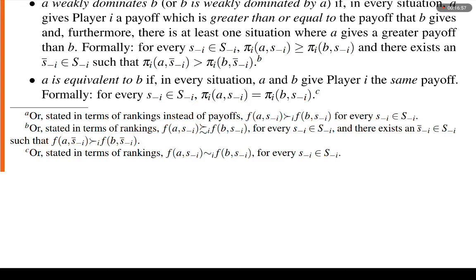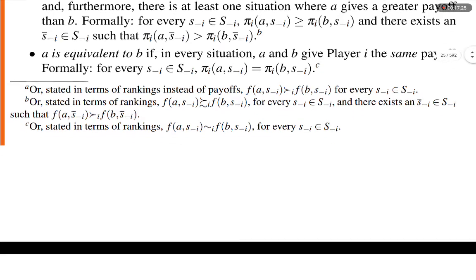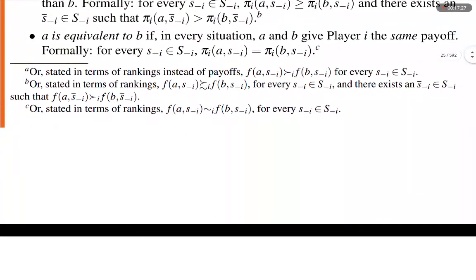Formally, for every S sub negative I, an element of capital S sub negative I, pi sub I of A, comma, S sub negative I equals pi sub I of B, comma, S sub negative I. Notation,